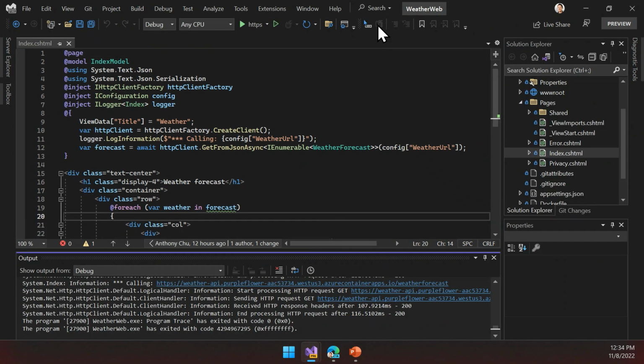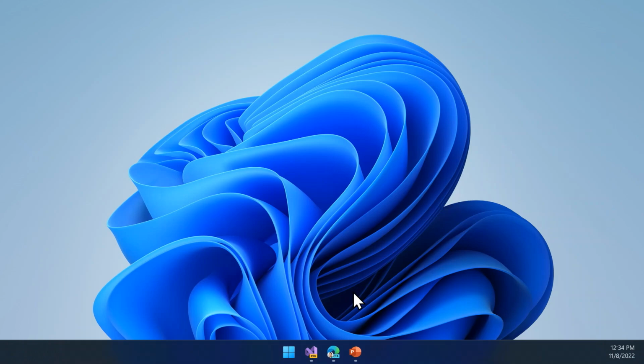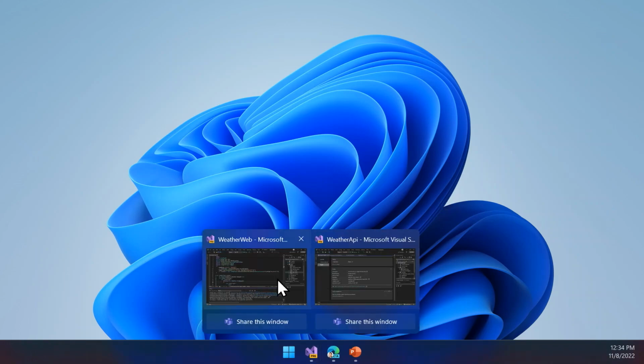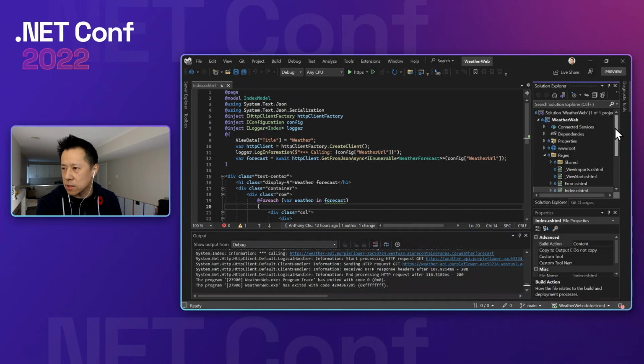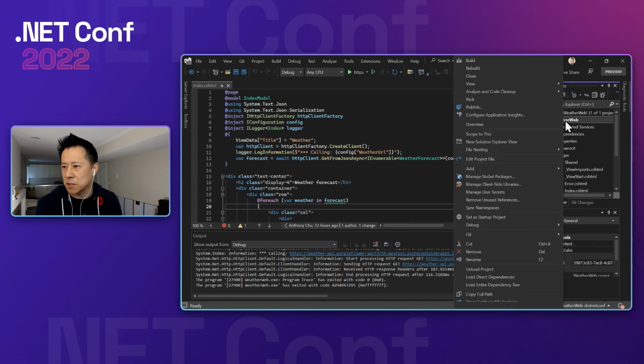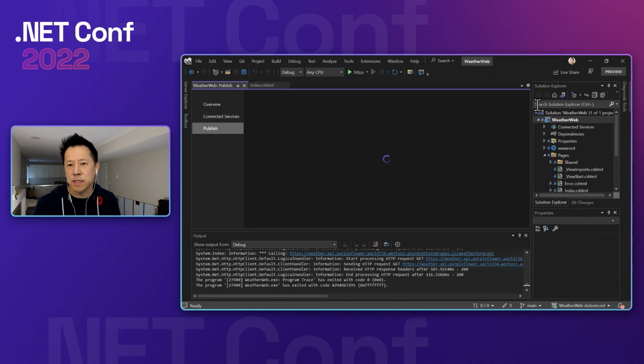All right, let's see what it's going to take for us to deploy this to Azure Container Apps, and we're going to try to do this a little bit more properly. So, whoa, what did I just do? Last time, for the other app, I just did a right-click publish, which some people frowned upon. I might have already gotten some complaint emails because I did that. So this time I'll try to do this a little bit more properly using GitHub Actions.